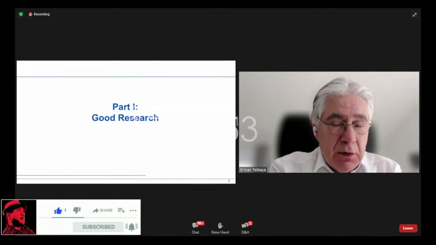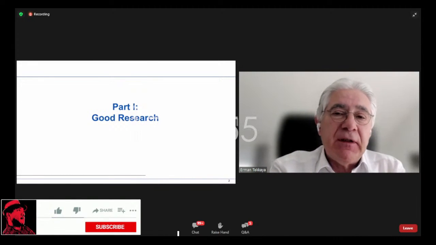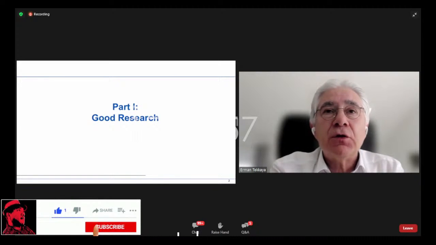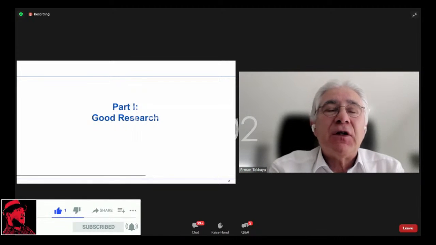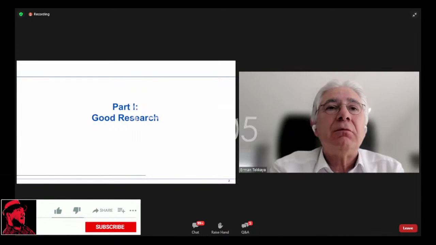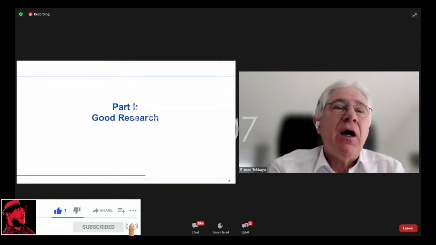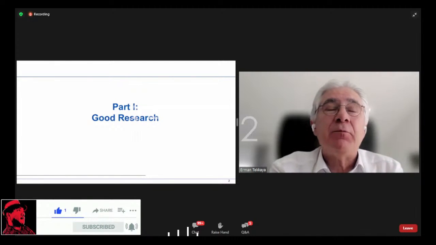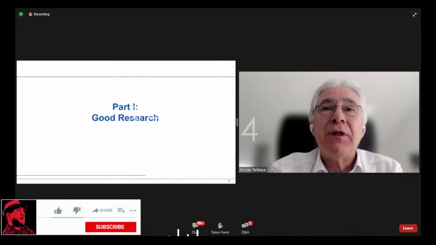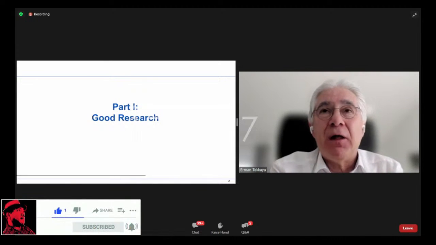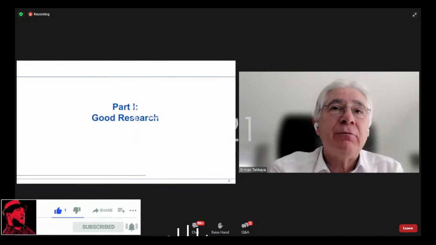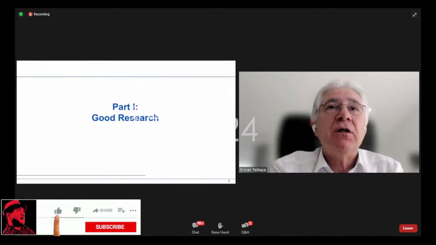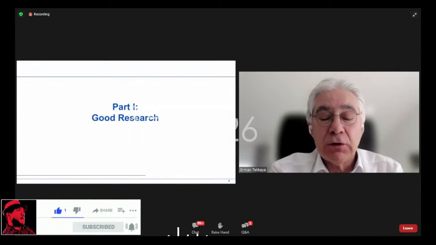If you want to publish something, this should be based on good research. If you don't have good research, it doesn't matter how you make or write the paper, how nice you draw the figures, how good you format the paper, how nicely you reply to the editor. This will all not help. A good research which leads to an archivable publication is the fundamental issue, and I would like to talk a